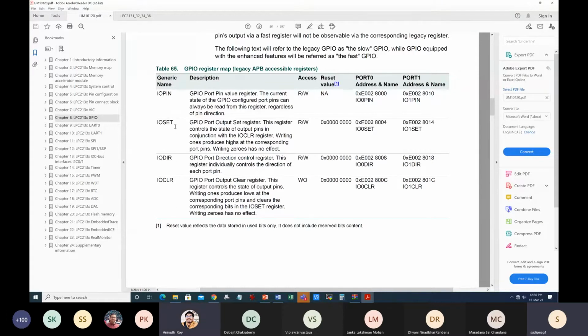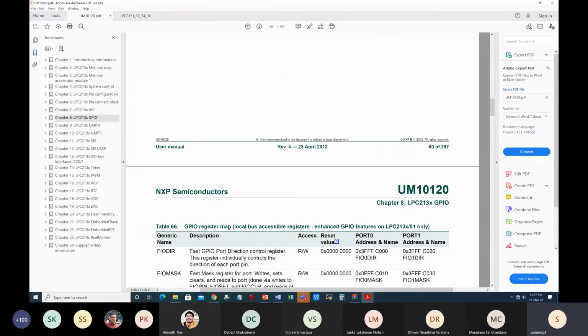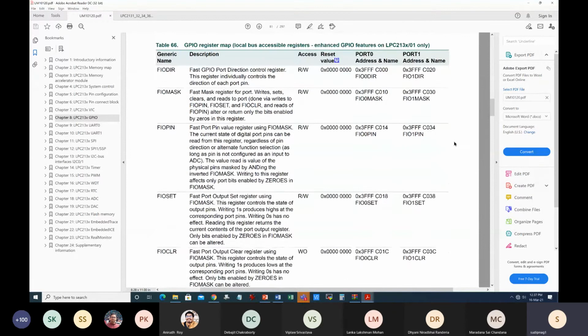Sir, but that still brings you to the point. What I understood is that they must both agree to give the output, right? Yes, they must. It's not exactly like that, though. You have to write logic 1 to the clear register to reset an output pin, and you have to write logic 1 to the particular bit in the set register to set the output pin. You can see that in the later part of this document, where they explain this fact.